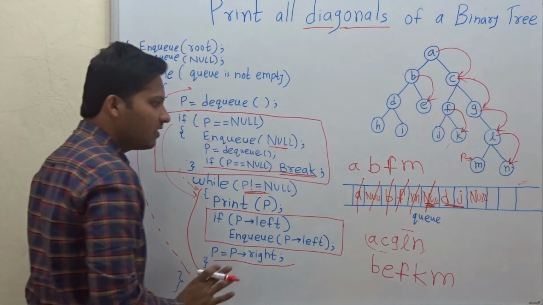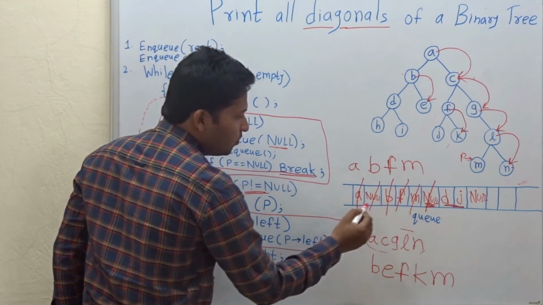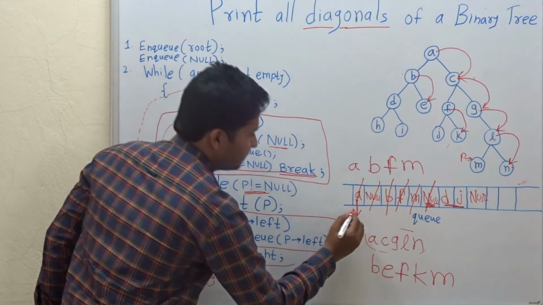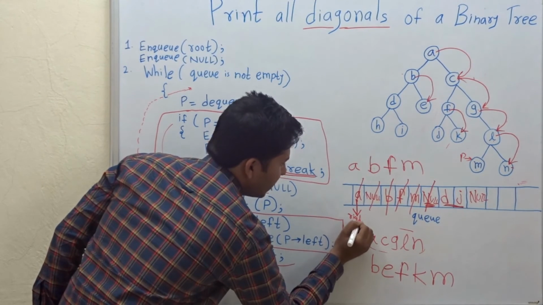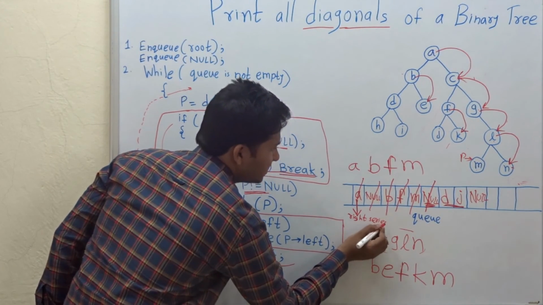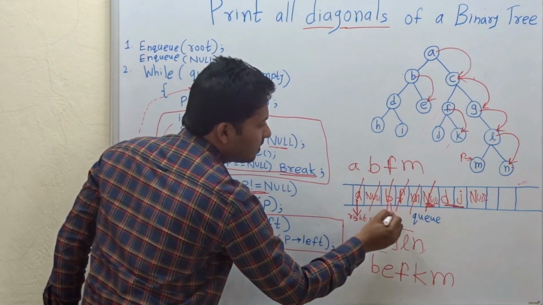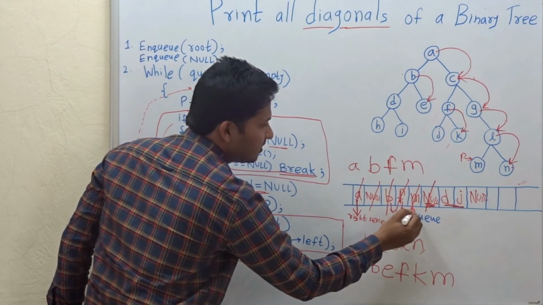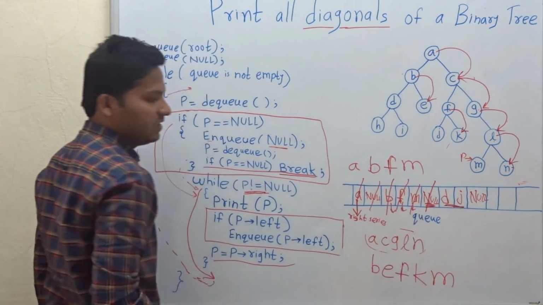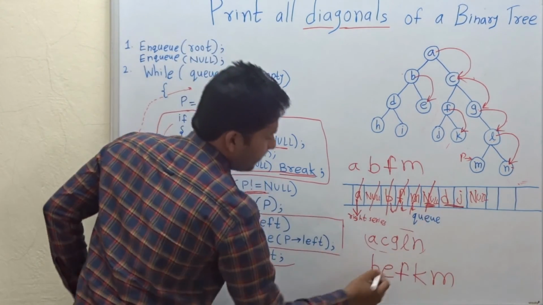In short, what we are doing, the nodes which are coming in the queue, we are just printing that node and their right child series. I will say their right series. Now B, F, M and their respective right series. D and J, their right series we will print. So just blindly you can say D, J,